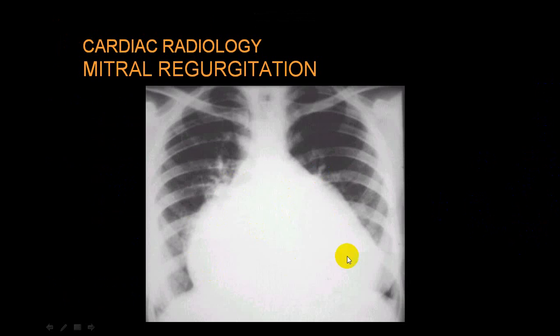You can see a big enlargement. And if you draw the line, this is pulmonary hypertension. LA is also enlarged, this is the double atrial shadow. And this is LV. This will happen in mitral regurgitation. In MR, LV is not affected; LA will be big, with RV and RA. Here, LV, LA, RA and even a possibility of RV also. So this will happen in a case of mitral regurgitation.